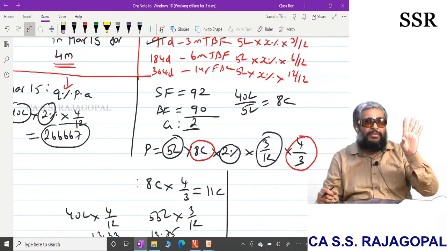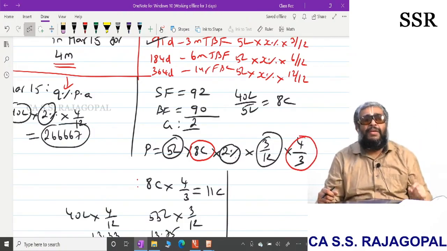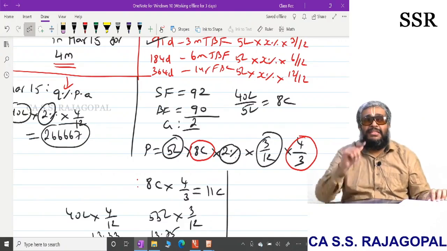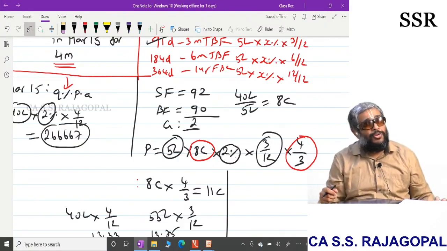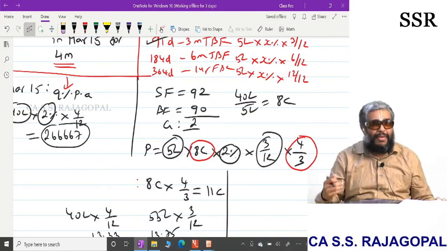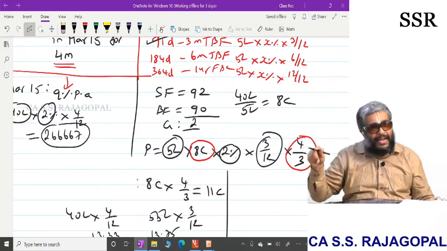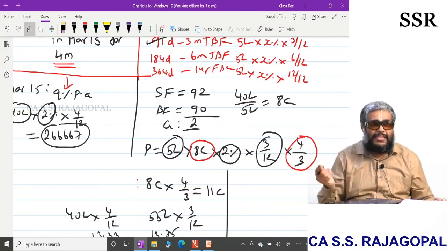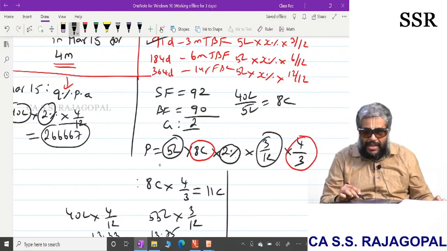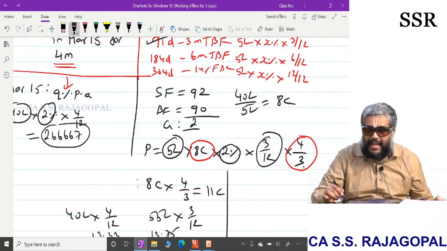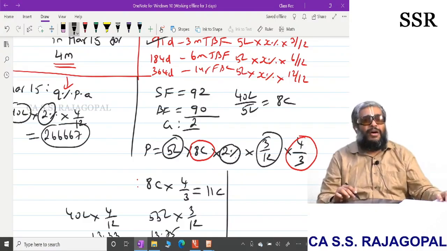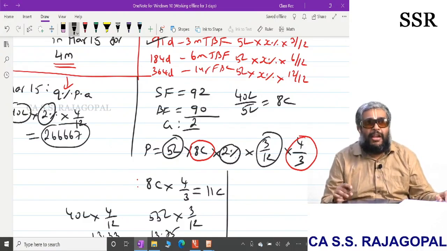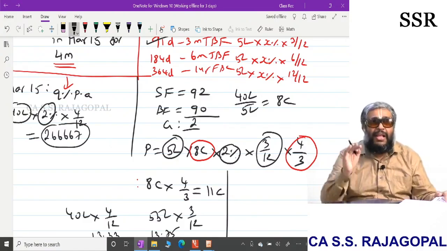If I have a notional principal of 40 lakhs and contract size 5 lakhs, normally I take 8 contracts, since they calculate interest as into 3 by 12, but I want into 4 by 12. So I will increase the number of contracts by into 4 by 3. The numerator 3 should go out, so I divide by 3; the new numerator 4 should come, so I multiply by 4. So 5 lakhs into 8 contracts into 4 by 3 gives you 5 lakhs into 10.667 contracts, or around 11 contracts. On that, if I apply 3 by 12, it will be as good as applying on 40 lakhs 4 by 12, is what I just wanted to communicate.